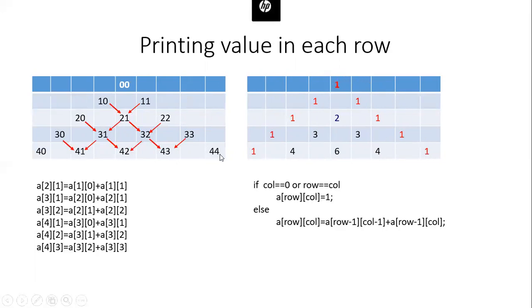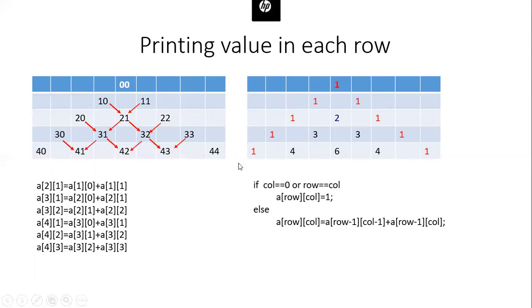Look at this cursor movement. In all these numbers, the row number and the column number are same. The first number indicates the row index and the second number indicates the column index. Here, in all these, the row index and column index are same. 0, 0, 1, 1, 2, 2, 3, 3, and 4, 4. So, when row index and column index are same, we need to print 1.